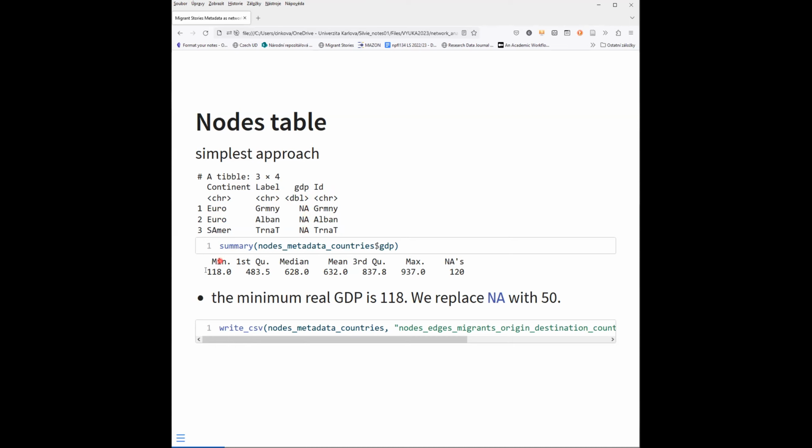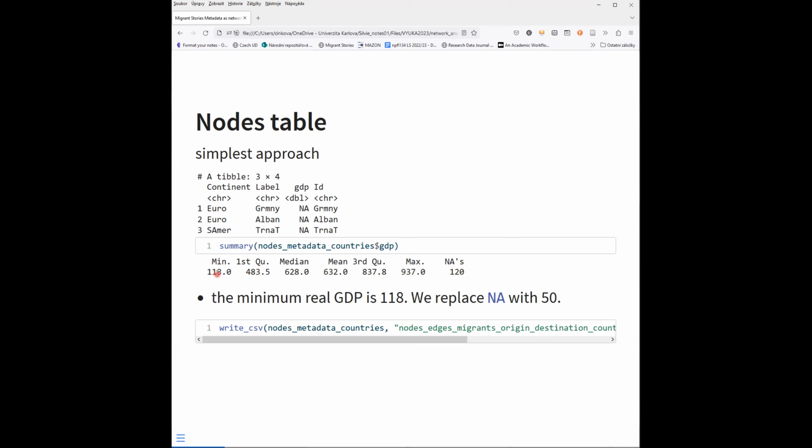So we'd better look how much of this information we actually have, and whether it is worth it at all to capture it here. So we see that we have 120 NAs,